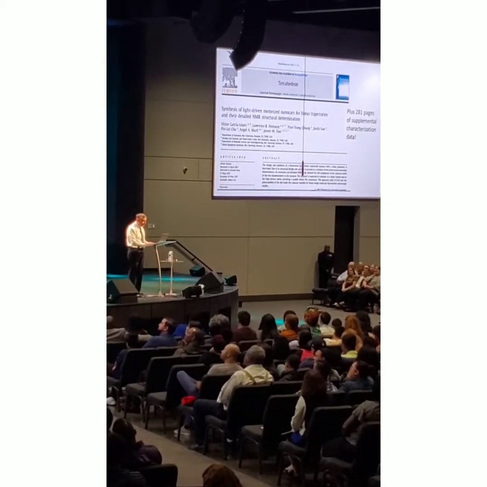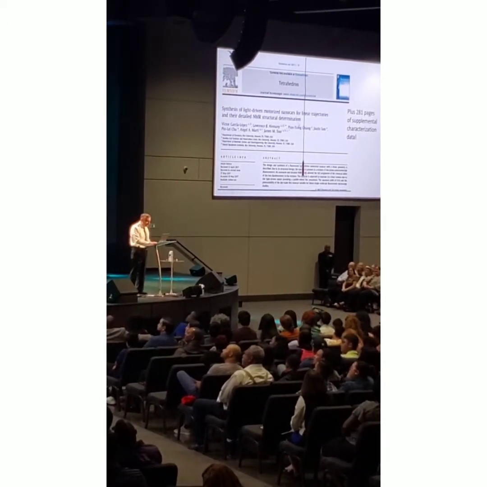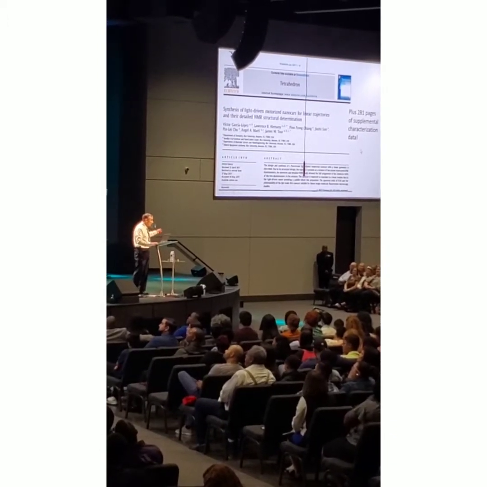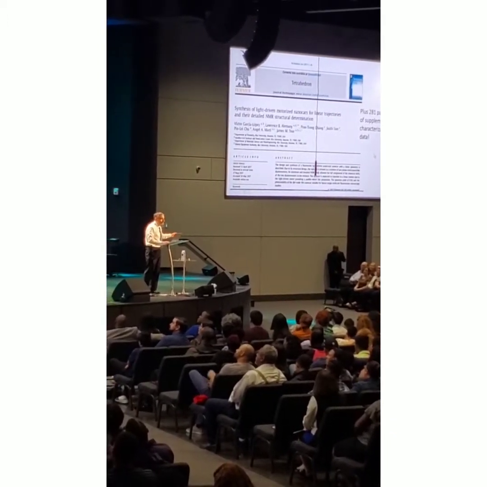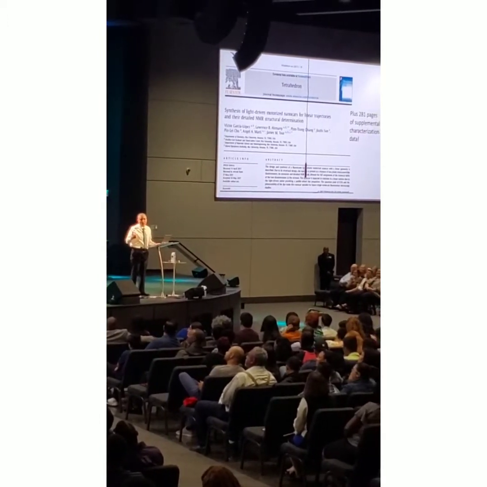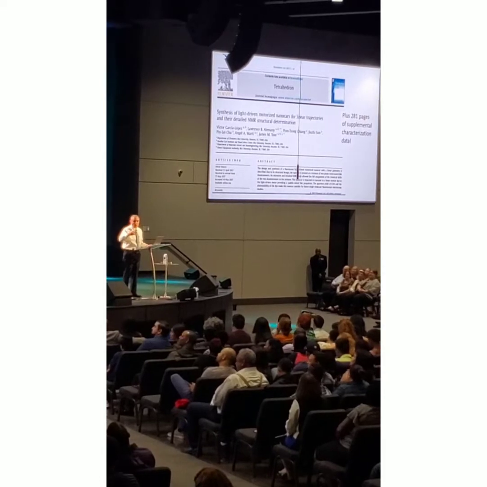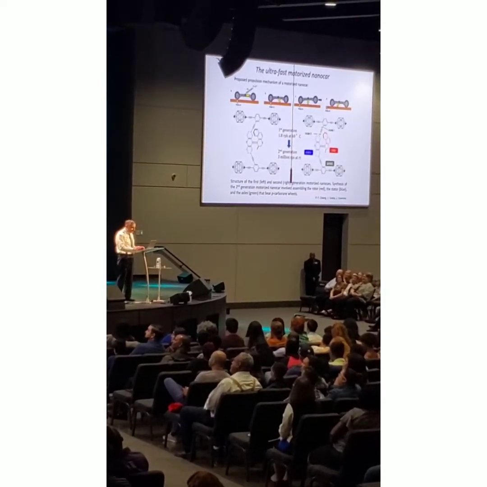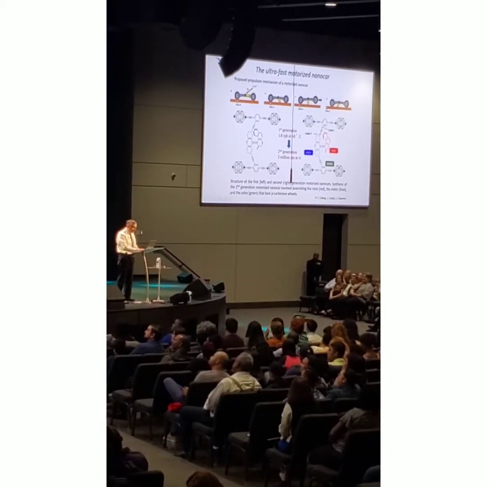So when we published this paper on the nanocars, we had 281 supplemental pages, like the 2 pages that I just showed you. 281 of those just describing how we know the structure is what it is. And so you have to know the structure in order to go on to the next step, or you're just going blind. The other thing is, if you put a part in, you can't change it.